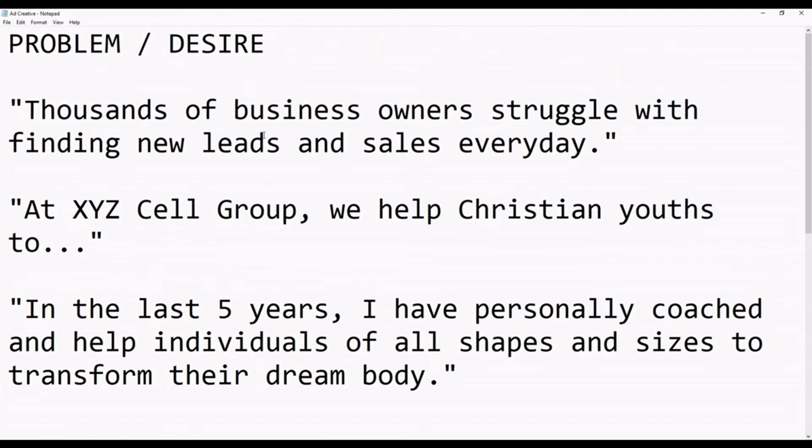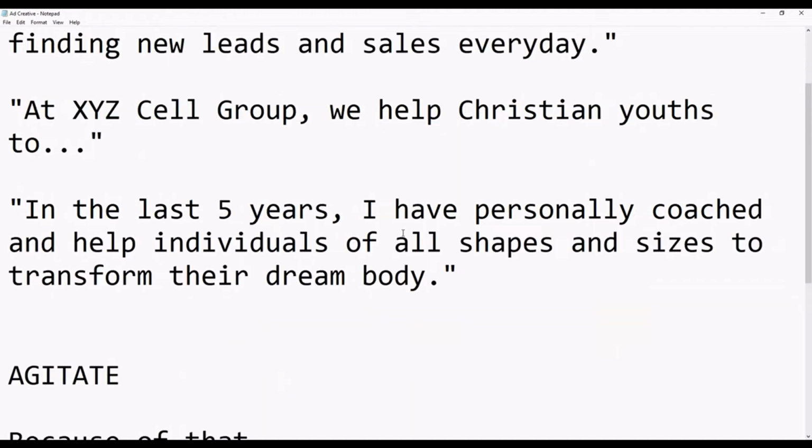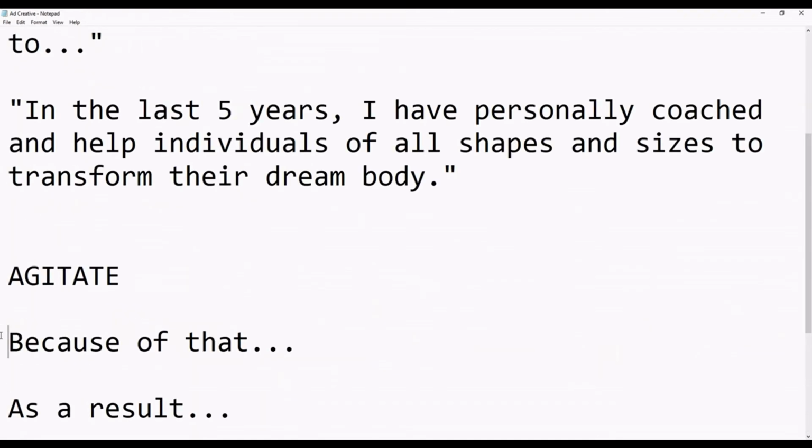So let's take this example right now. Thousands of business owners struggle with finding new leads and sales every day. Now that is a problem, okay? But if you just stop here, they're not going to really feel it. You want them to feel what is costing them for not getting the new leads and sales, okay? What price are they paying right now? So I'm going to just add here, because of that,